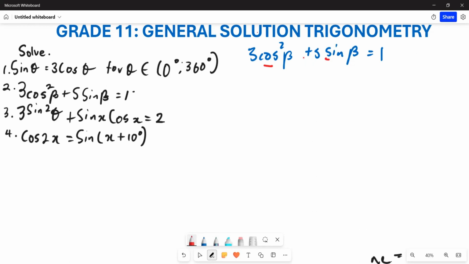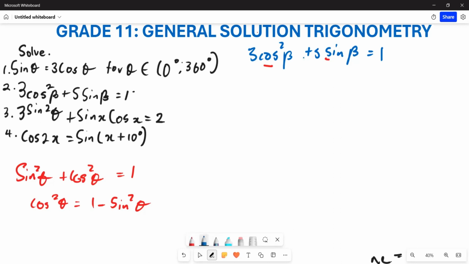You know that you have the identity which states that sine squared of theta plus cos squared of theta is equal to 1. Now look, if you want to make cos squared theta the subject of the formula, can you see that this is going to be cos squared theta is equal to 1 subtract sine squared theta altogether,